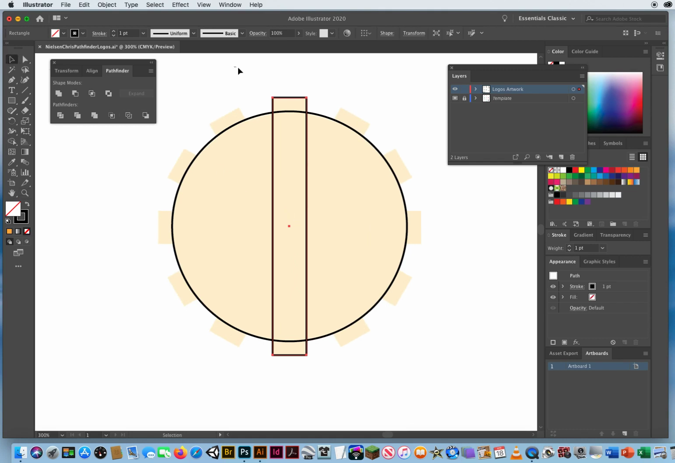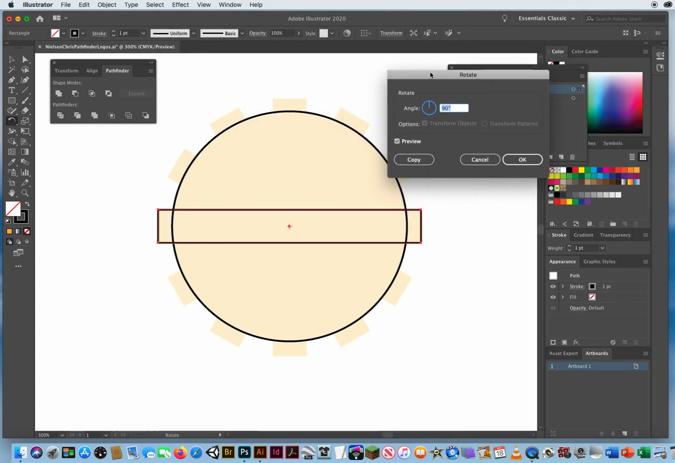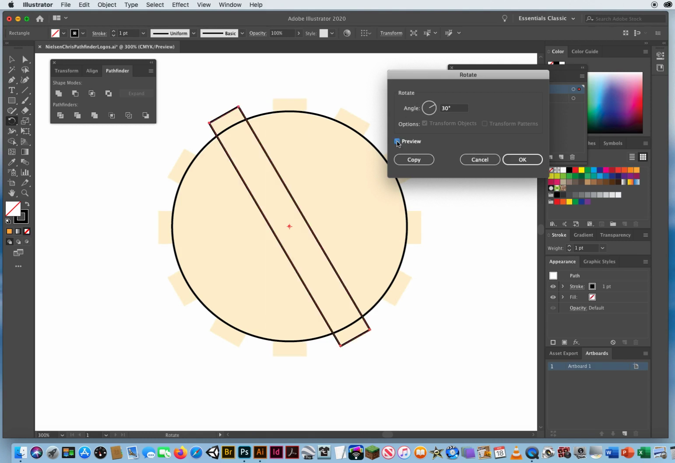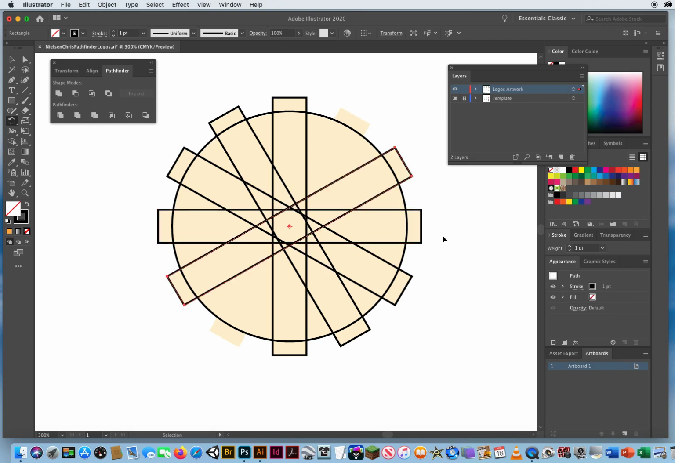So now with only the rectangle selected with my black arrow, I go right back to my rotate tool, double click so I can bring up the rotate dialog box here, and I'm going to type in 30 degrees. I'll turn my preview on and off so I can see 30 degrees was the correct angle. I'm going to rotate a copy at 30 degrees, and just like I showed you before, if you hold down your Command key and hit D, you will duplicate a copy. Command D, Command D, Command D,